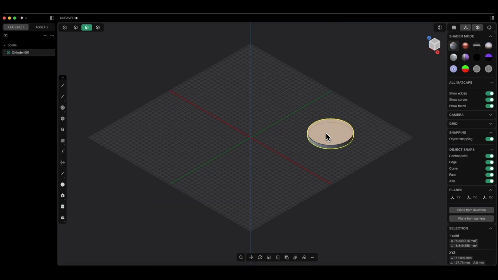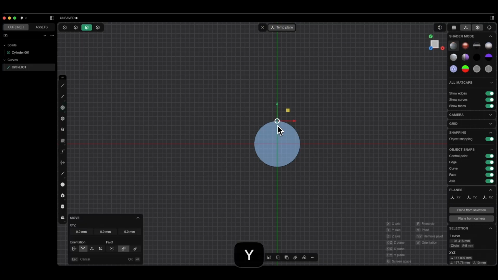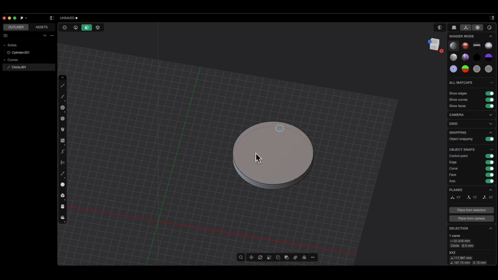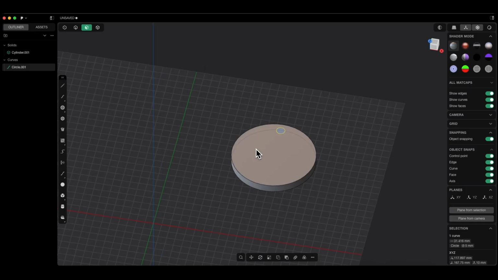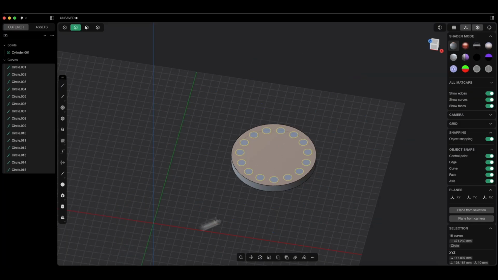Now on the top face of the cylinder, I'll draw a circle with a diameter of 10 mm and move it along the y-axis by -10 mm. I close the temporary construction plane, and with arrays, both rectangular and radial, we can also base them on flat geometry. I select the circle geometry, choose radial array, and as the center point, I select the center of the cylinder. I'll change the number of steps to 1, and now, based on this flat geometry, we have created a